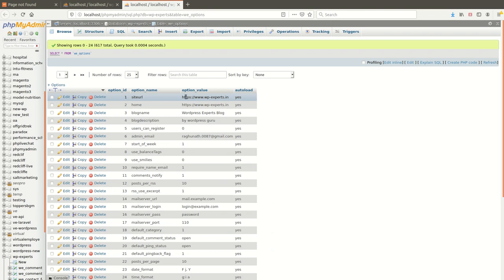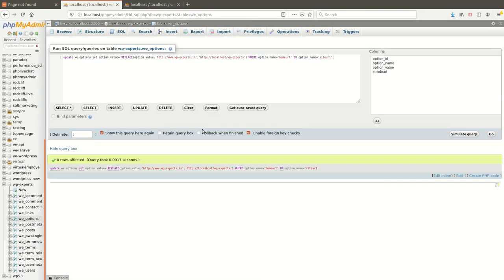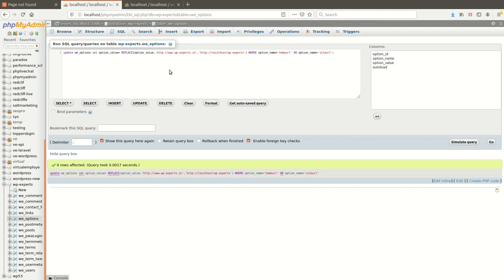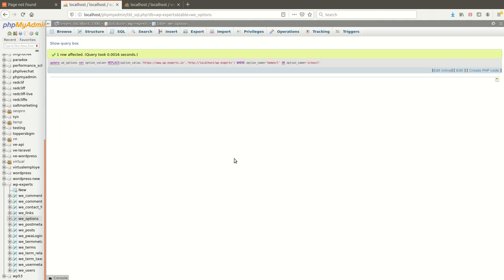This is because the URL here is HTTPS and we are using an HTTP URL. Sorry, my mistake. I have changed the URL to HTTPS. Now check it again. Wow, one row affected. It means the value of the site URL is updated.